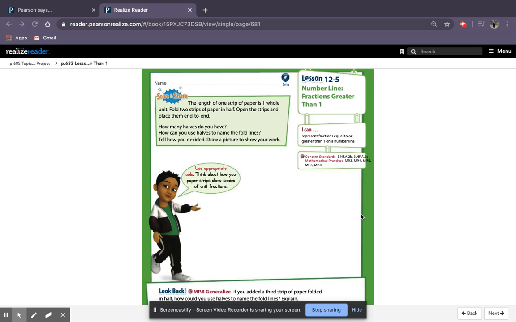Hi everyone. So today we're going to look at lesson 12.5. So again, using a number line, but this time, fractions that are greater than one instead of less than one like we looked at before. So the I can statement for this lesson is I can represent fractions equal to or greater than one